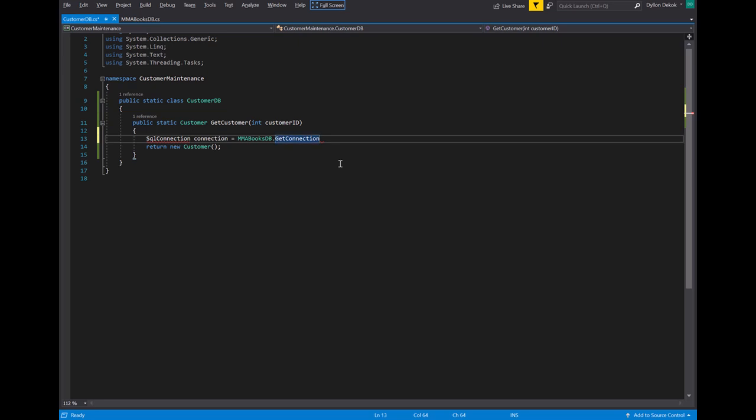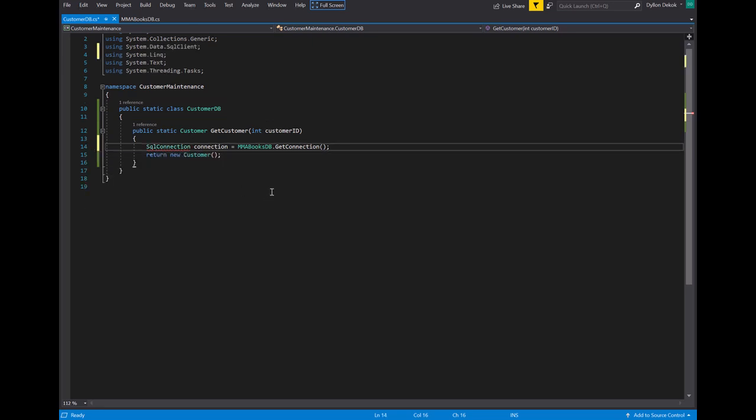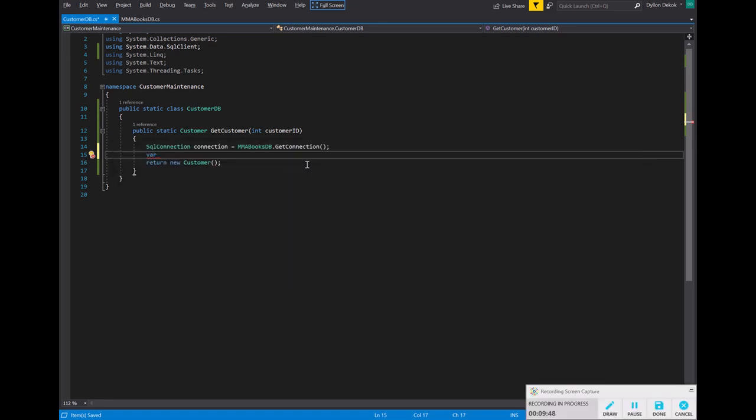So MMABooksDB.getConnection, and it should return us a SQL connection. We'll be getting an error here because we have not imported the correct using statements. So now we have that. The next thing I want to do is make a select statement. So the statement we'll be using in tandem with this connection to be able to get a customer from the database. So we can say select statement